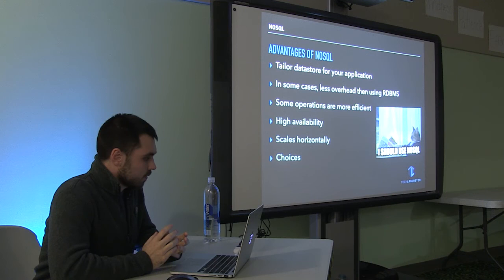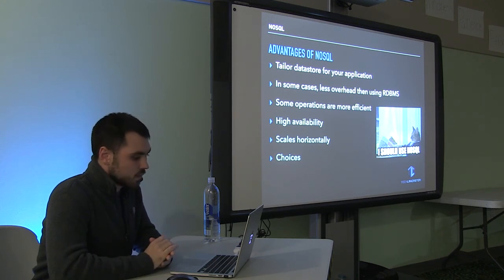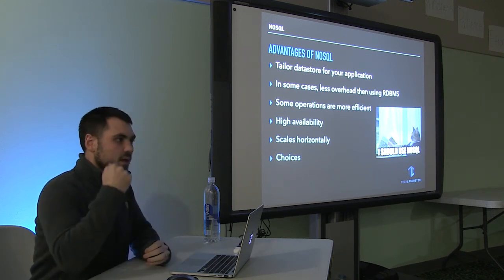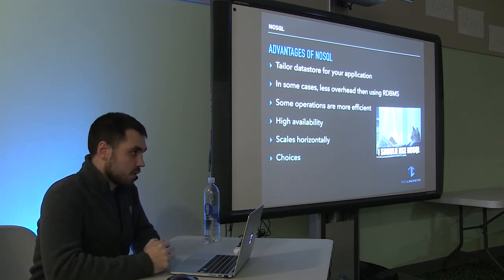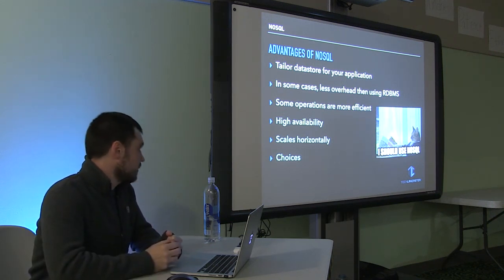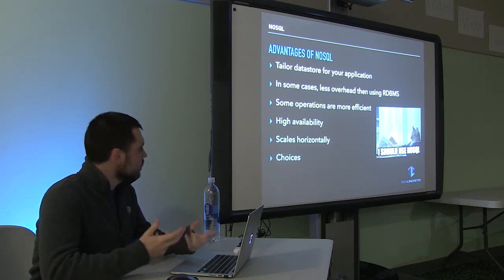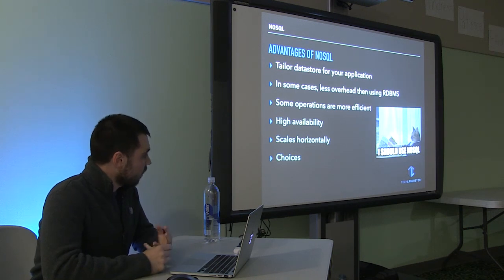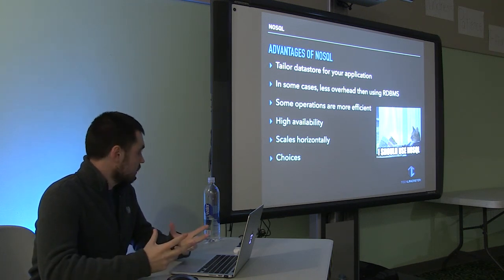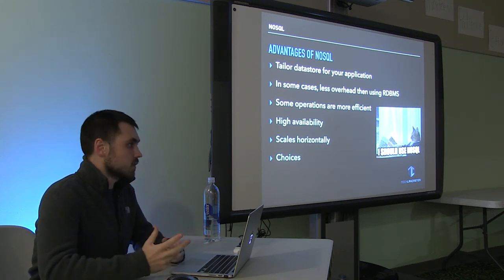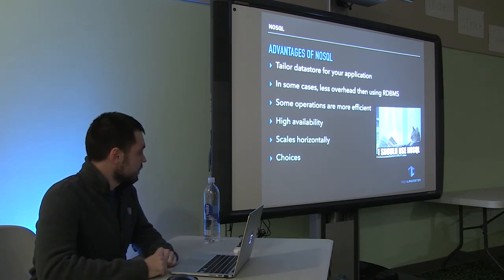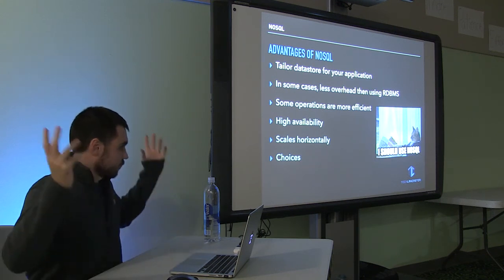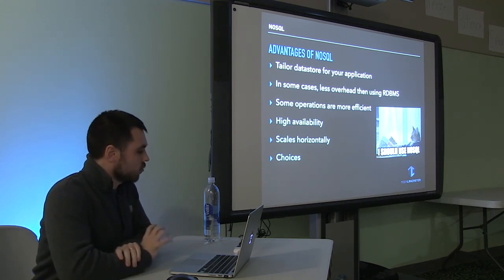Because of the way that NoSQL databases are put together and some of the things that you can do, like sorting keys lexicographically, some operations are actually more efficient than relational databases, and some operations in relational databases are more efficient than NoSQL. So there's some trade-offs there. You get a lot of high availability because you're working in distributed computing, and it scales horizontally really well, and you get tons of choices of data structures and different backends you can use, different kinds of replication, things like that. There's a lot more choices in NoSQL.